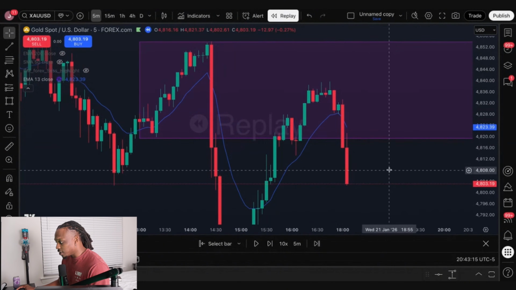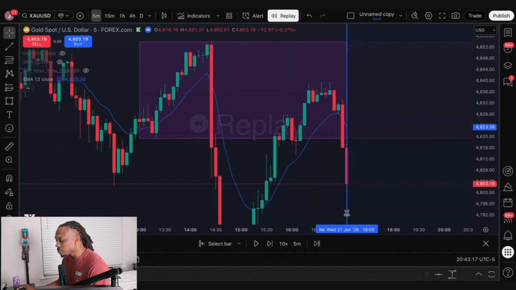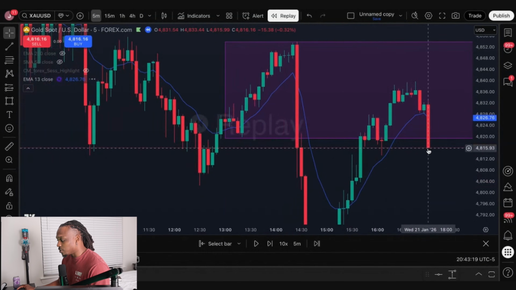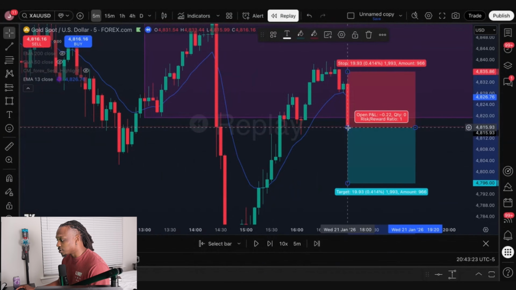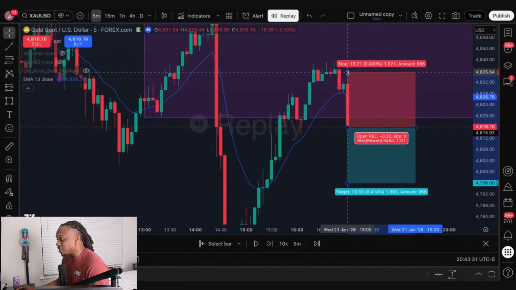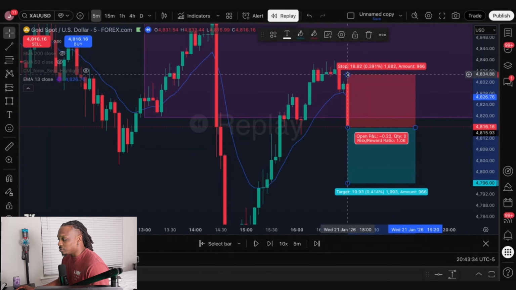All right, so here it is right here. Let's back it up. This is the sell candle that we look for. Okay, so we are going to enter into a sell position. Again, right now the market is volatile, so it's going to show you a little different risk, but we're going to use it anyway. So this is technically a